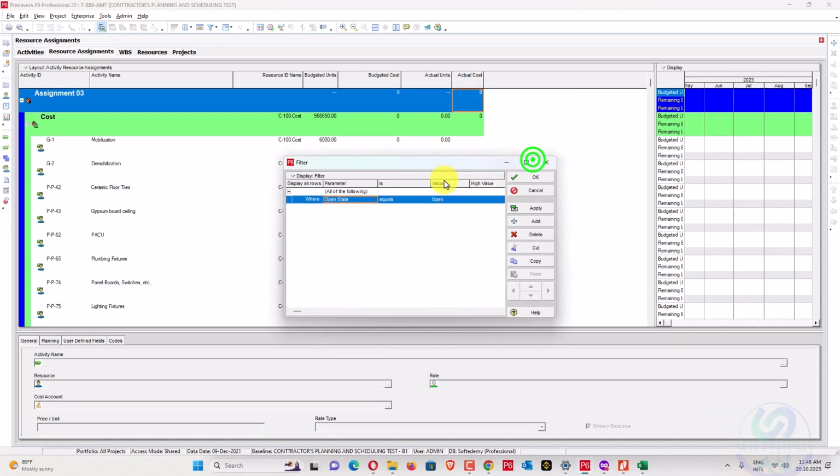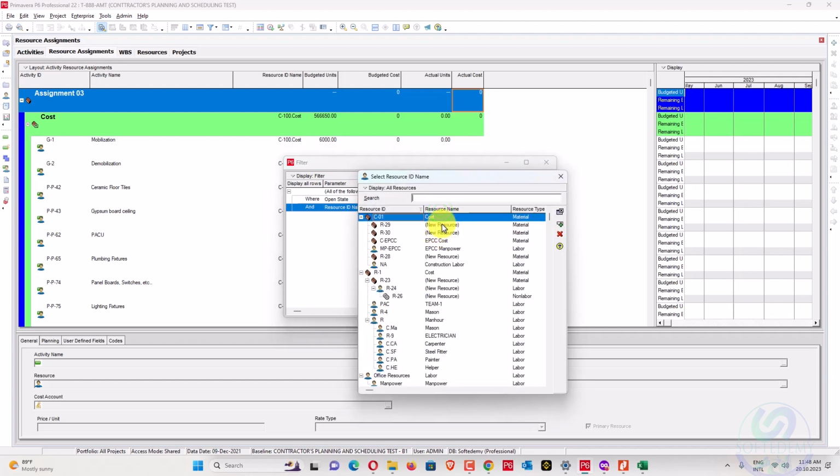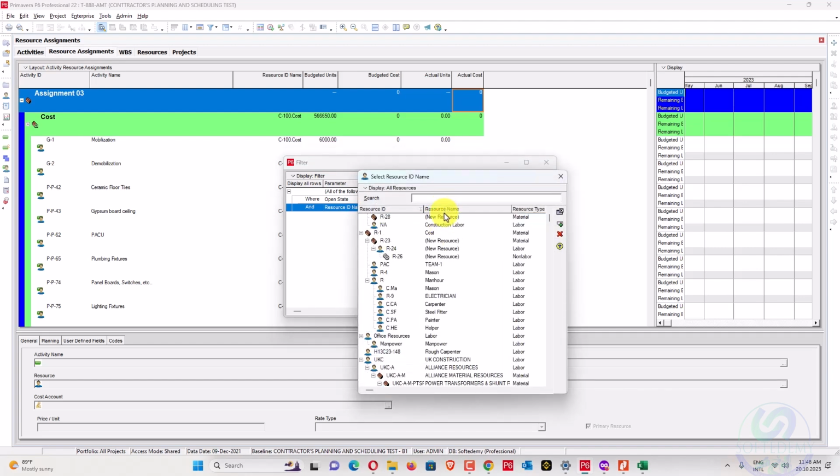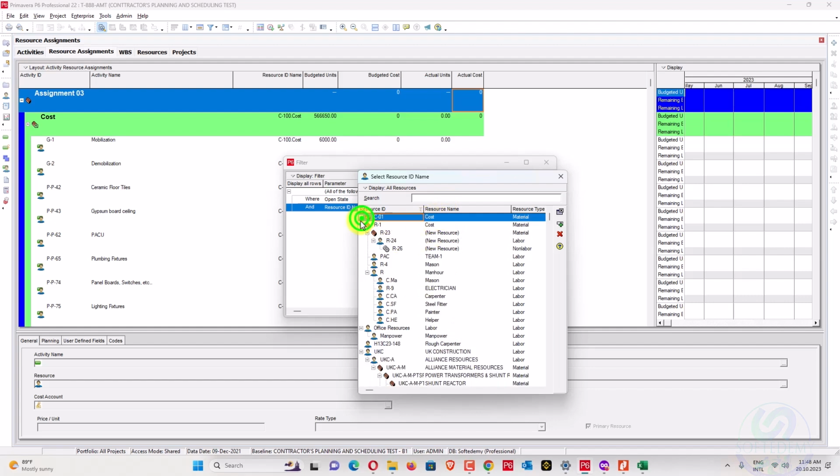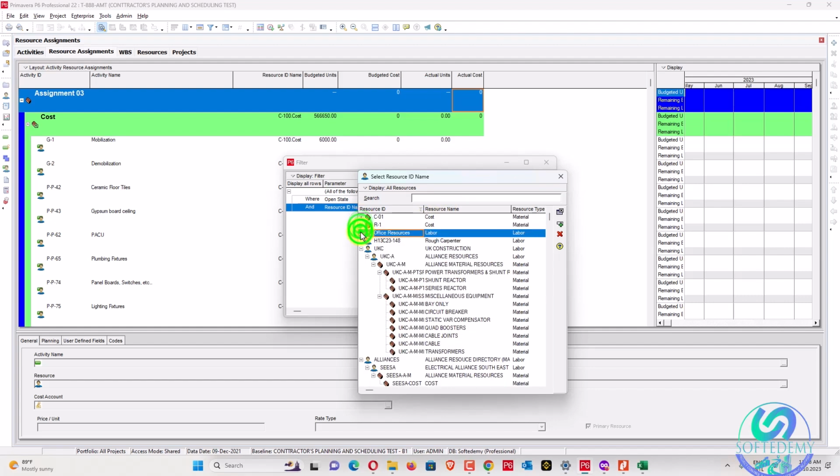We can filter the cost here, add a resource. You can see here resource ID name is equal to. So we'll go here perfectly with the cost. Where is my assignment? You can see here cost assignment.